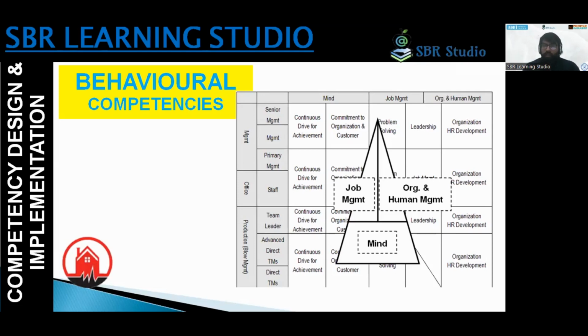So in that case, at the second level beyond this, to control and automate it, you have to identify the image of the employee. That will be through the competence model, the ideal competency model, which I have given a name here. And I'm also sharing this ideal model image here. The base is the mind, their mental approach, then job management, organization and development. Now you can divide it into 3 parts.